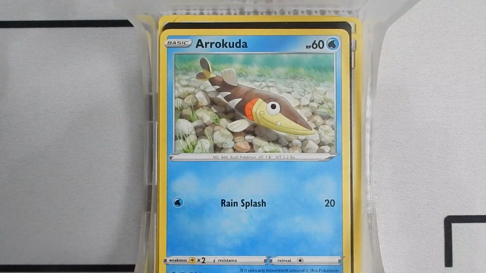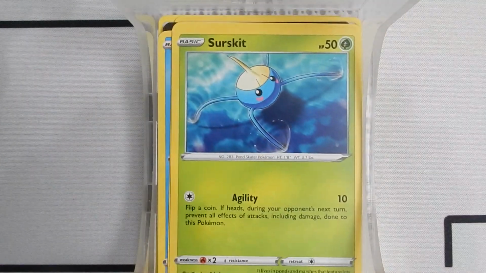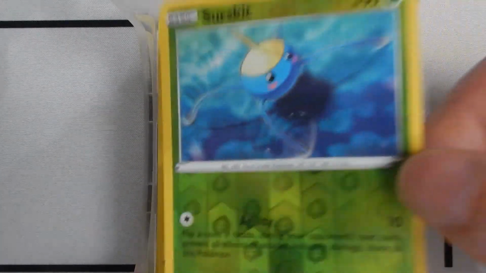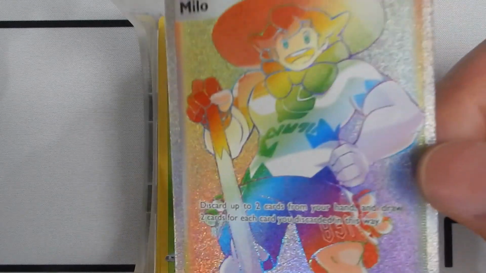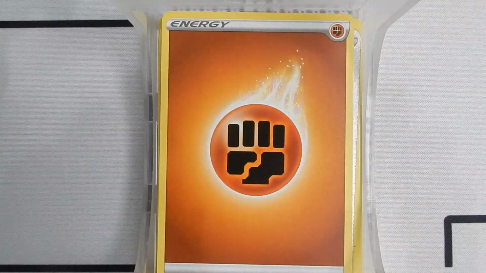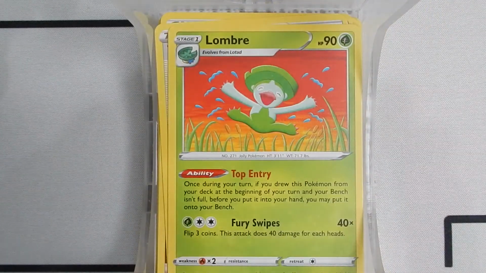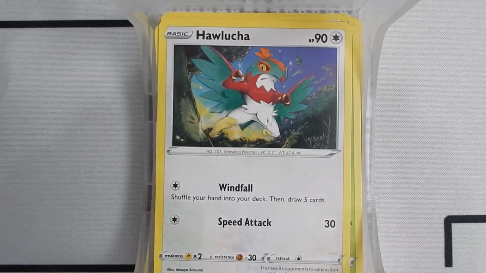So we have an Arrokuda, Galarian Meowth, a Surskit, Magikarp, Metang, Surskit, ooh, got a Rainbow Rare holo Milo, a Fighting Energy, Turffield Stadium, a Lombre, a Hatenna,